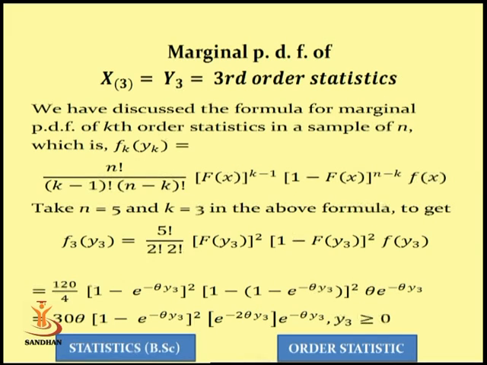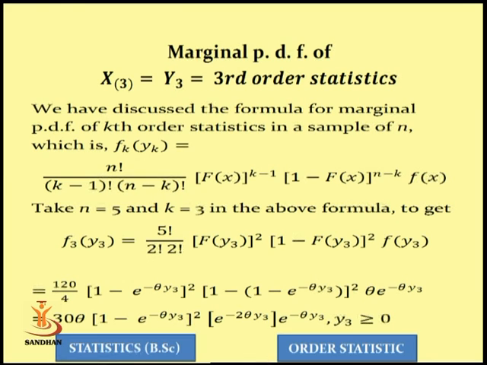Similarly, if I want any order statistic, for example, let us say I take the distribution of the third order statistic. You can take any one. Suppose we take k as 3, I mean, we are taking the distribution of the third order statistic, then we have this form. We have derived this form: n factorial upon (k minus 1) factorial (n minus k) factorial, and so on. Now, in this general form, let us substitute n equal to 5, because we have a sample of size 5. So our n is 5 and I want the distribution of the kth order statistic. Here my k is 3.